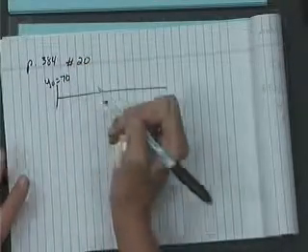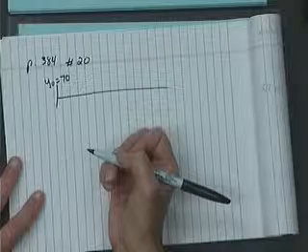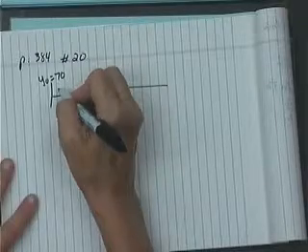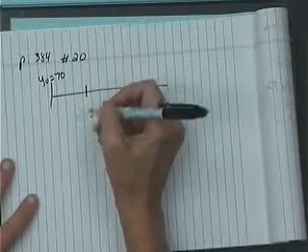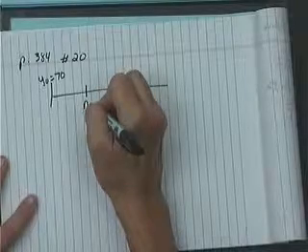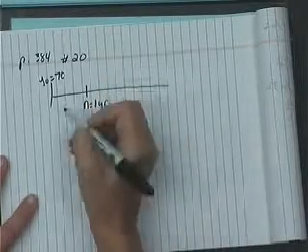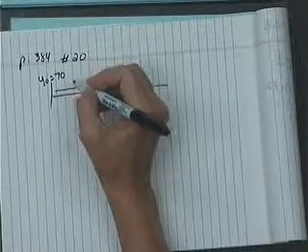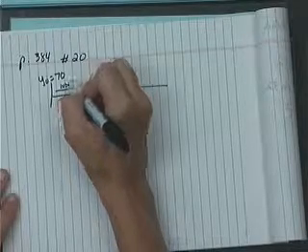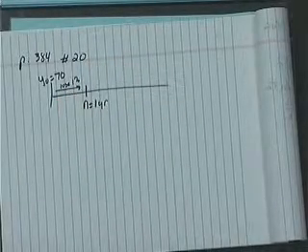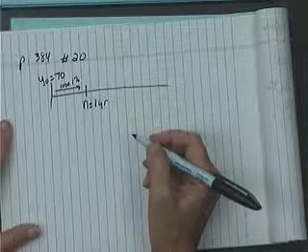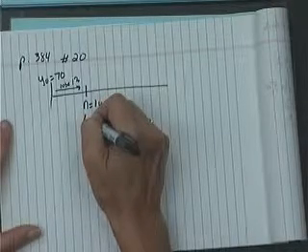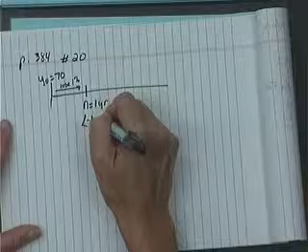Y sub 0 is 70, and this is in terms of millions. And it's declining at a rate of 1% each year. All right, so at the end of, and this is going to be yearly, so n is going to be 1 year, and it's going to go down. How do I tell you it goes down? I'll just write lose 1% each year. Okay? And then it says people are going to get out of town. So at the end of each year, I'll just write negative 1 million